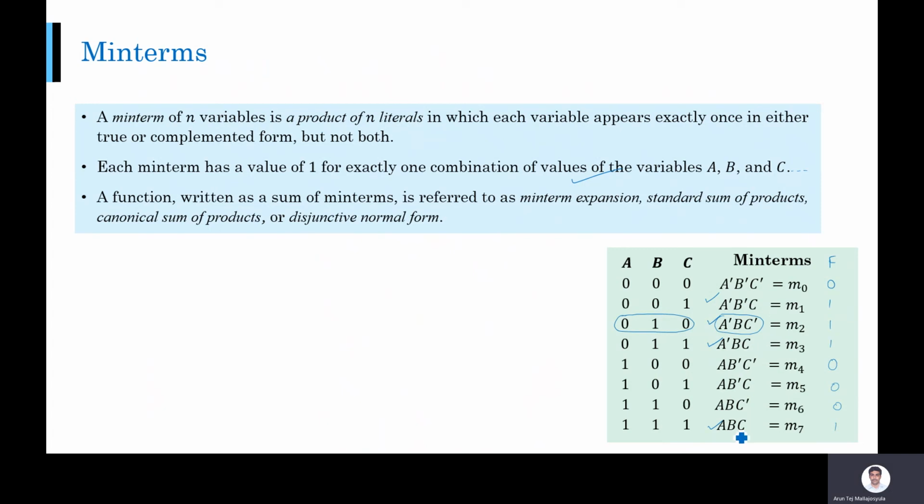And that is going to be a unique representation. For any other combination, the function has to be 0 because the other min terms are not there, and for any other combination, the min terms that are present are 0. So therefore, if you are going to write the function as a sum of min terms, that's going to be a unique representation. So how do I write the function here then? The function here will be a' b' c plus a' b c' plus a' b c plus a b c. Right?